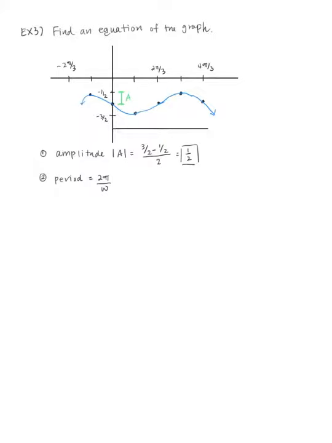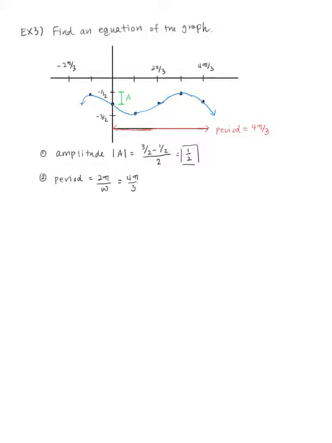Sorry, I should have drawn that in red. So from here to here was the period, which is what, 4 pi over 3? Okay, so it looks like period is 4 pi over 3, so 2 pi over omega better equal to 4